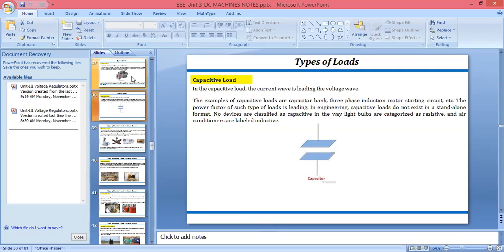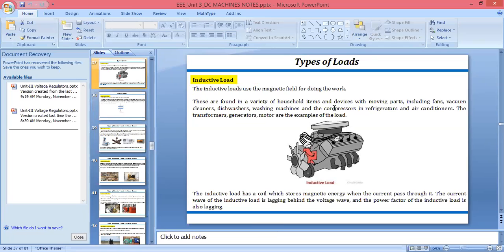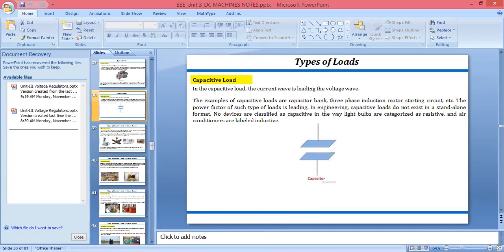Opposite to the inductor. What was it in the inductor? If you see what we are saying here, the current wave is lagging behind the voltage. But here, if you see the capacitor, the capacitor will store the charges when it is in the charging phase. So when it goes for discharging, there is some amount of charge. So we can say, when we are using the capacitor load, the current wave is leading as compared to the voltage wave. So the same way you will get the equations for the power also.